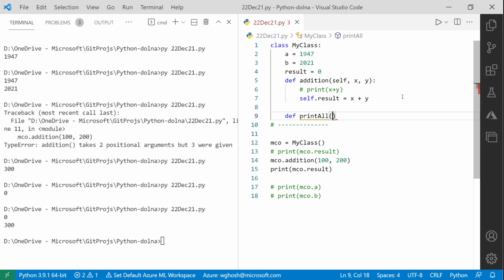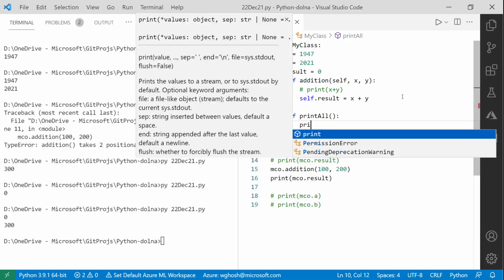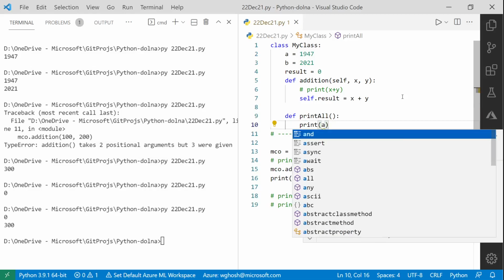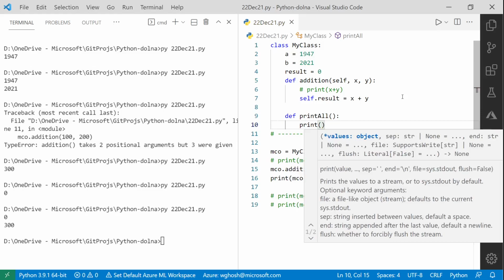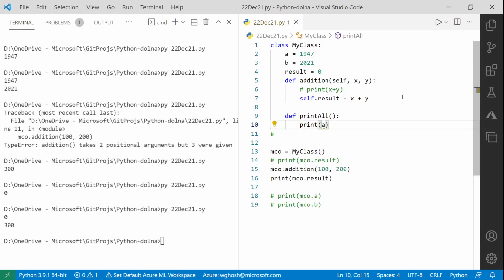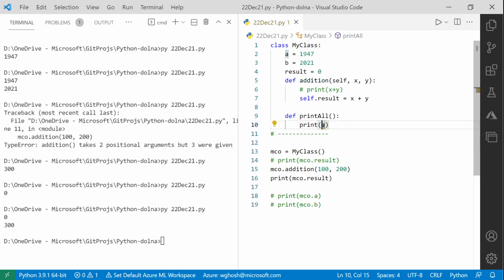Okay, so let's say I want to print all of them. Instead of calling print again and again, I say I print the value of A. I can either say A, and if I try to call this function, this will give me an error. First of all, it is already giving a notification saying that A is not defined. So it is unable to identify A from my definition,